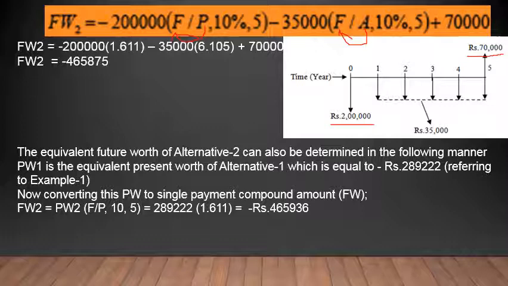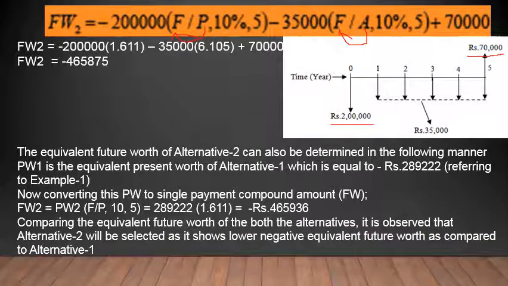So it's an indication that either you can use the first method wherein you convert the compounded amount of each and every cash flow, or you calculate the discounted amount at t is equal to 0, that is convert everything into its present worth and finally get the compounded amount at the end of the timeline. So both are acceptable, both of them can be followed.